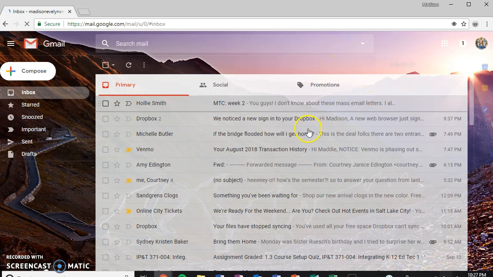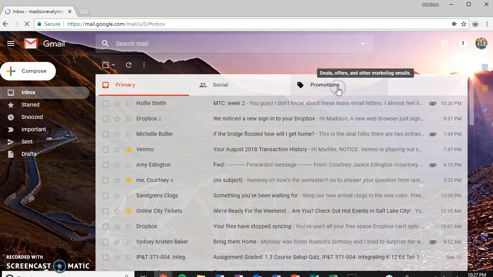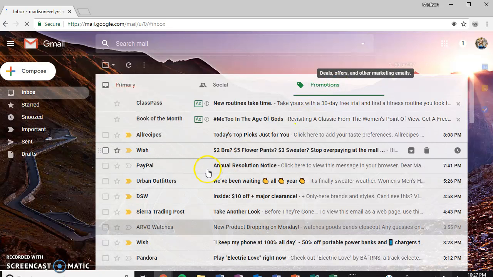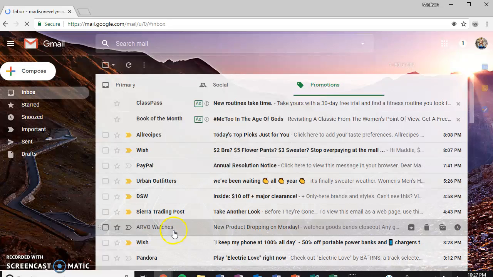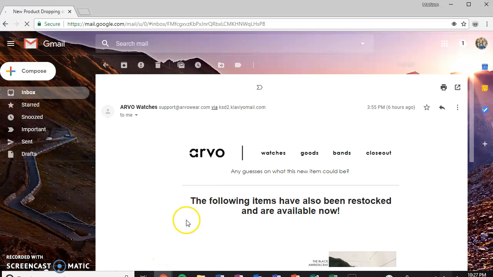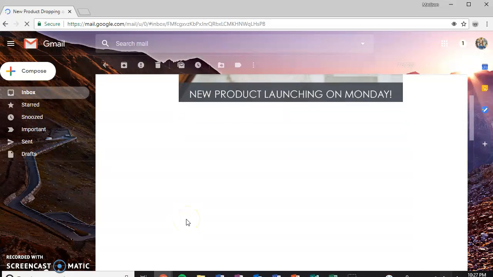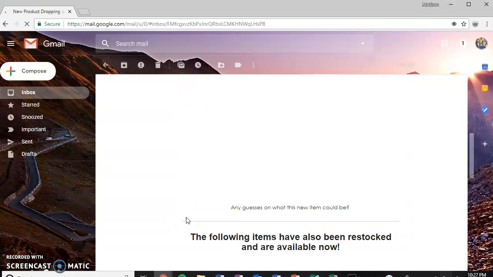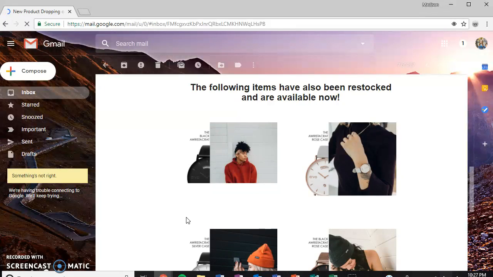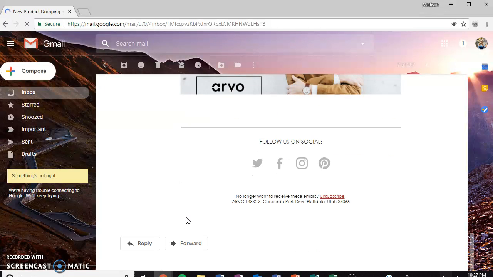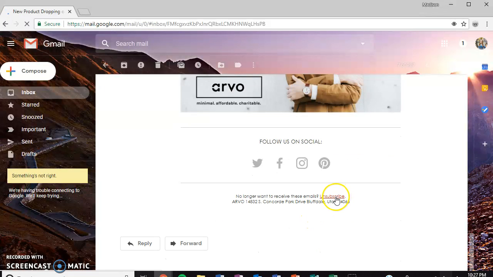Okay, so most of the emails that I don't want are in promotions. And so I really don't want to get these watches emails anymore. So I click on that email and we wait for it to load, and then it's usually always at the bottom. Where is it? And then you just click unsubscribe,